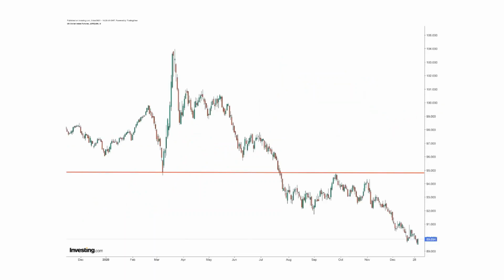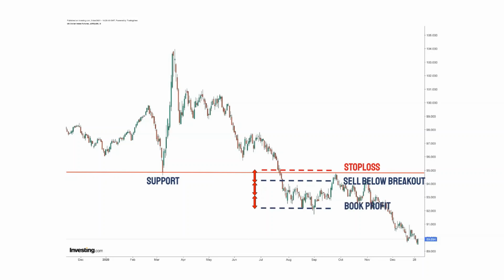It is in a downtrend. This is a support level. It gets broken by downward momentum. This is an indication of trend reversal. On break, it is a short selling opportunity. One should look for a short selling opportunity below the breakout price. Stop loss is to be placed above this support level. Beginners can book the profit at 2 to 3 times the stop loss.